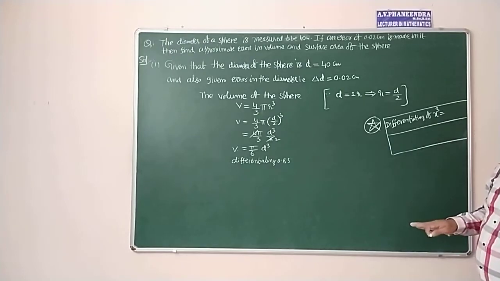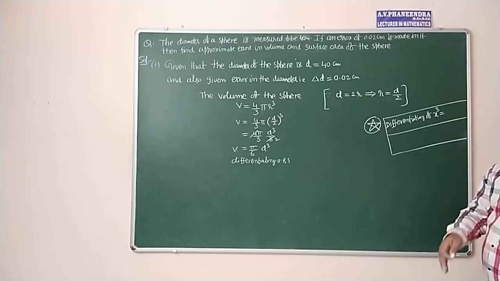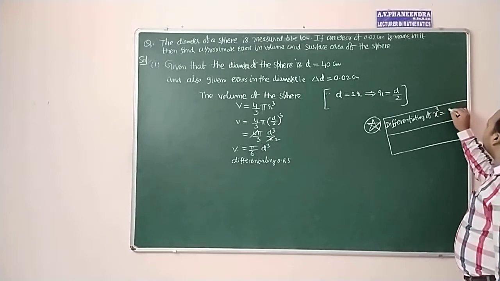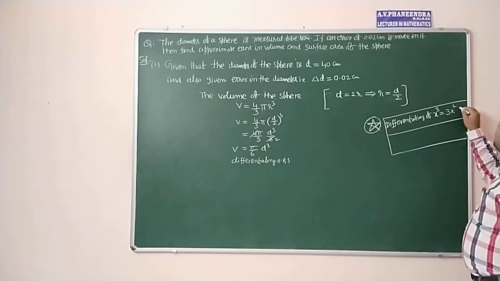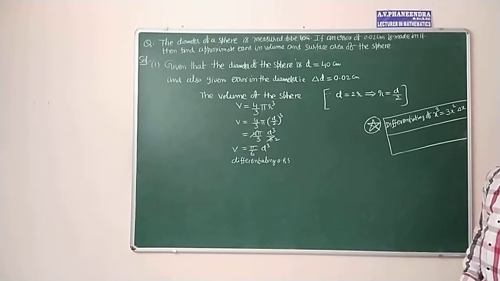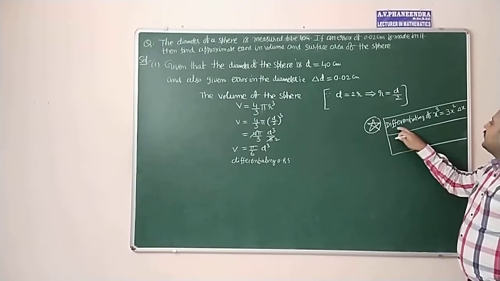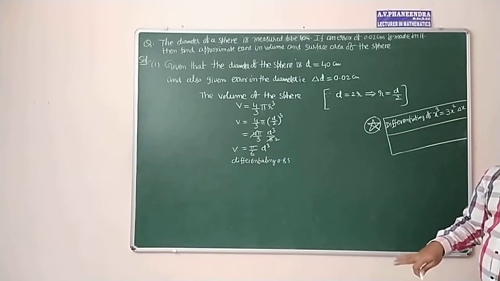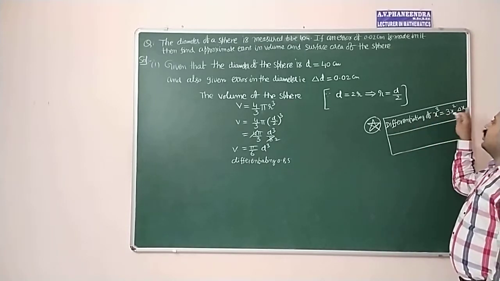Differentiating x cube, how we are going to proceed is, first you have to write d by dx of x power n formula like that. So x power 3 means 3x square. Again x derivative is delta x. This is the procedure to write the differentiation of x cube. Whenever you are not differentiating with respect to x, this is the procedure you have to follow.